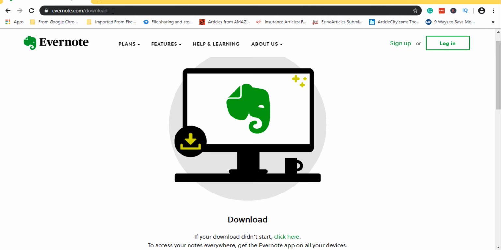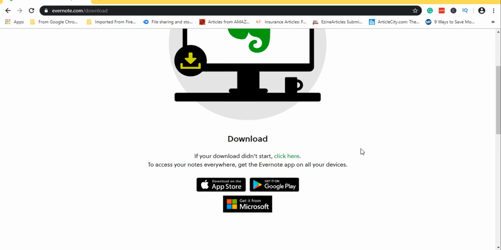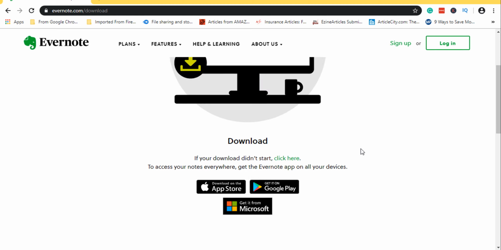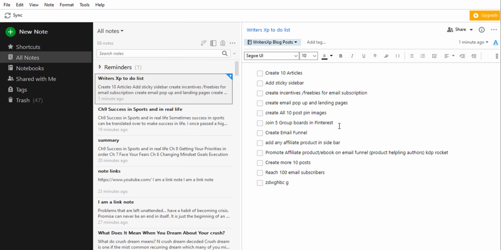And some of the power tools are found only on the desktop app and not on the smartphone app. If you don't have the desktop app, you can download it from evernote.com/downloads. The Evernote desktop app is available for both Windows and Mac. Just try the desktop app and you will know the difference. In my case, I found many new features which helped me in organizing my Evernote account.